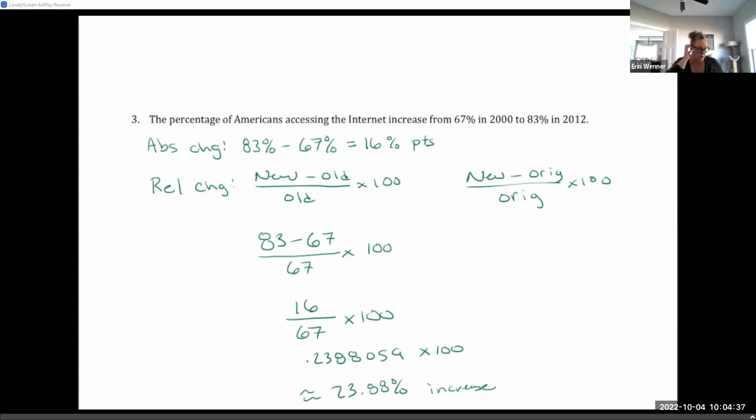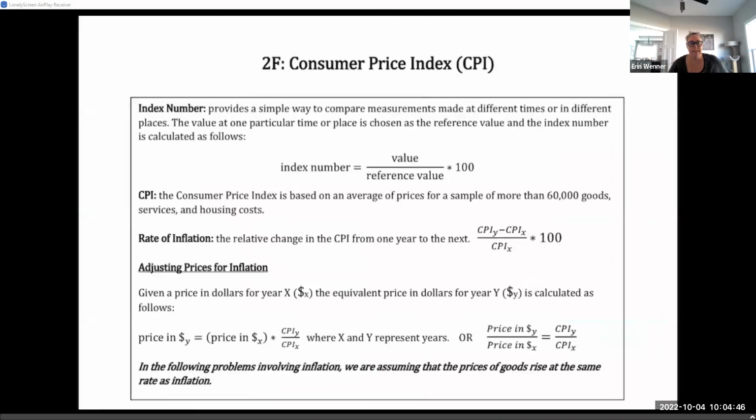We're going to talk about what we call the consumer price index, which has actually been in the news a lot with the insane inflation that we're dealing with. And the idea is that money in one period of time and money in a different period of time had a very different buying power. So what you're able to buy with $1 today versus what you were able to buy with $1 even a year ago, which is a little insane to think about, it's been that close, is different, right? And so in the economy, we treat those as different currencies, basically. So you have this idea of 2022 dollars and 2021 dollars even, or